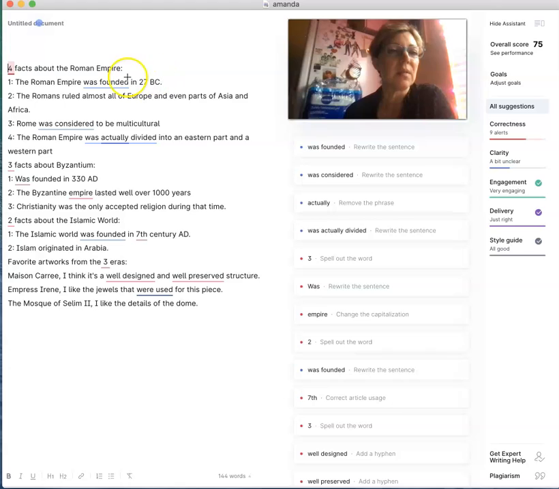So, like I said, this is interesting. This tells us something a little bit beyond, for example, the Romans ruled almost all of Europe. So Amanda went a step further. And don't forget to include punctuation along with the capital letter. And I highly, highly recommend using Grammarly. You can use the free version. And as long as you're writing in your own words, you shouldn't have to worry about plagiarism checks.